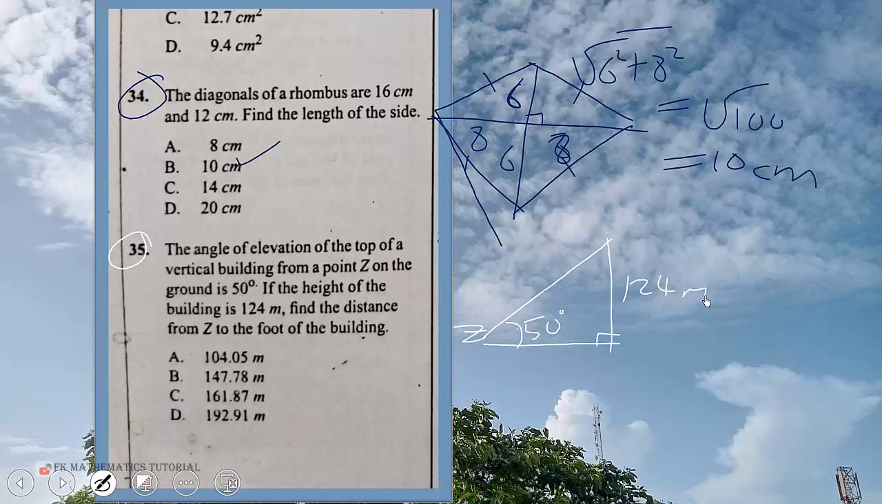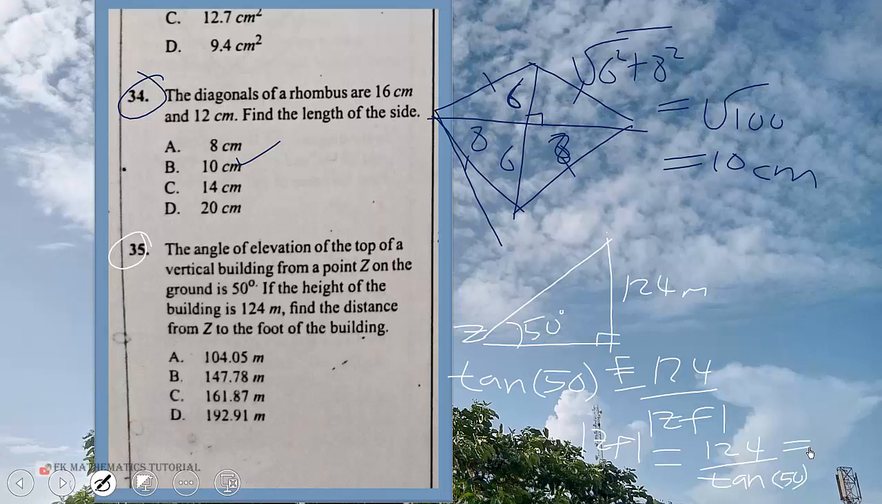So that distance is given by, let this be the foot of the building, so that's the distance ZF. We are going to use tan. So tan 50 will be opposite, which is 124, over ZF. So the distance from Z to F will be equal to 124 over tan 50, and this is going to give us